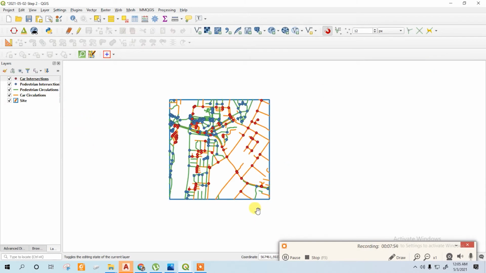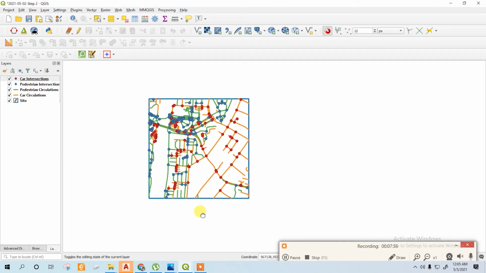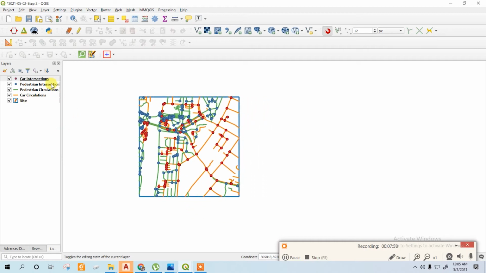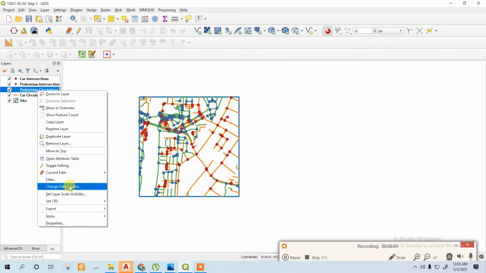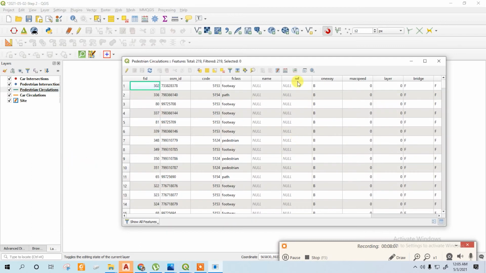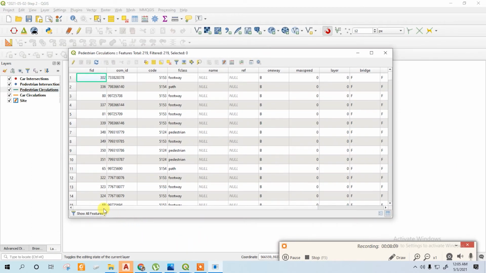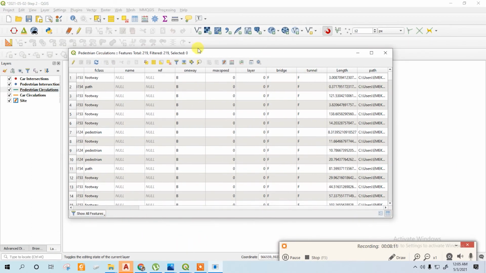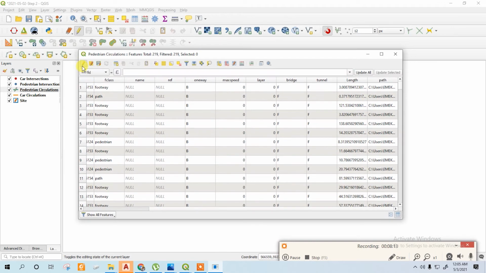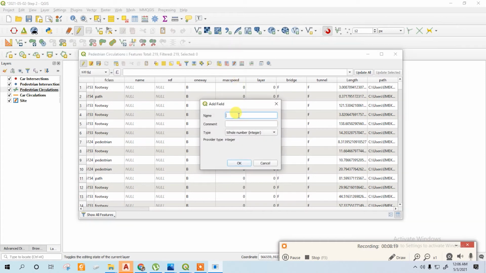To get the total length of the circulations, first of all we have to create a new field. Go to the pedestrian circulation, open attribute table. Let's activate the table, go to new field, name it as length, LENGTH.